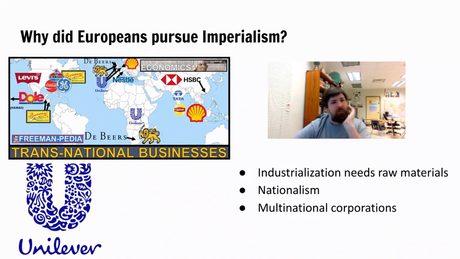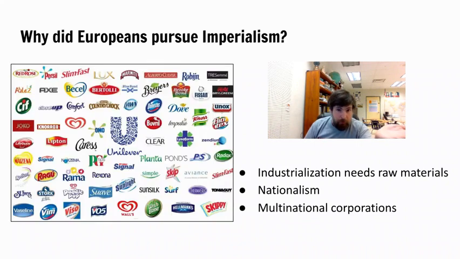Originally, it started off as a soap company, the Lever Brothers Soap Company. And in order to make their soap, they would go to Africa to get palm oil. Today, Unilever owns all of these different brands, many of which you may not have seen before, but many of which you have, like Skippy peanut butter, Dove soap, Ragu, Vaseline, St. Ives, Suave, VO5. I mean, it's a lot of different brands. A lot of those multinational corporations that were founded during this time period still exist, sometimes with different names, but they're still there.